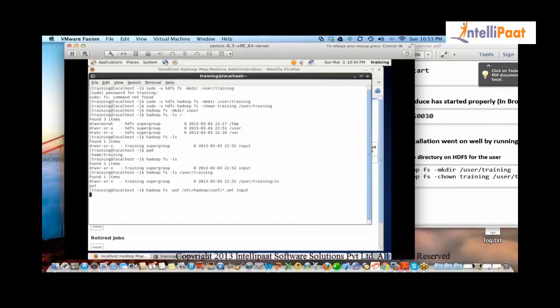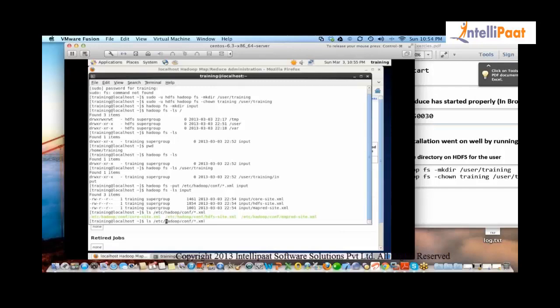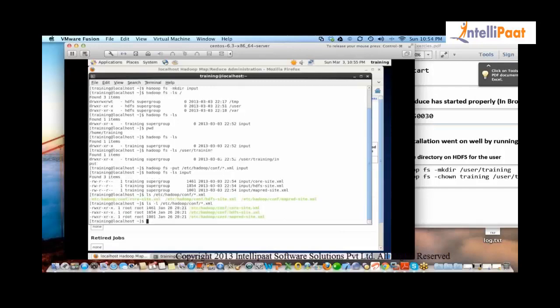I'll show you the output of this thing. Now if I do fs -ls input, so now the files have been transported, basically copied from your local box to your HDFS. So now if you see etc hadoop, they have been copied. So if I say conf/star.xml, got it? The same files. Got it? Yes. In this command, I copied these files and I put them inside the input folder in Hadoop. Agree?